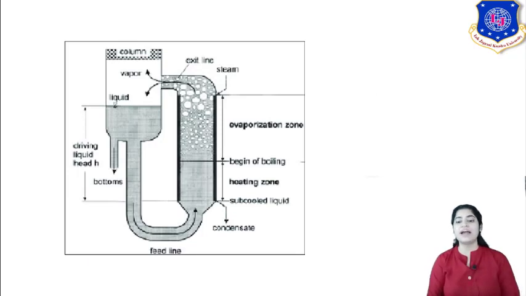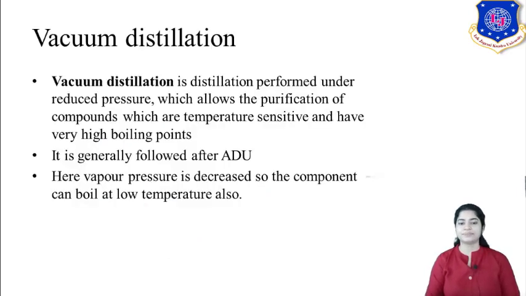Here you can see how natural circulation occurs. The liquid from the main column replaces the low density liquid. You can see the liquid in the top product, and you can see the evaporation zone. The liquid is converting into vapor and is displaced, and in its place high density liquid takes over. So natural circulation is there. Here you don't require a pump. So this was about your reboilers.